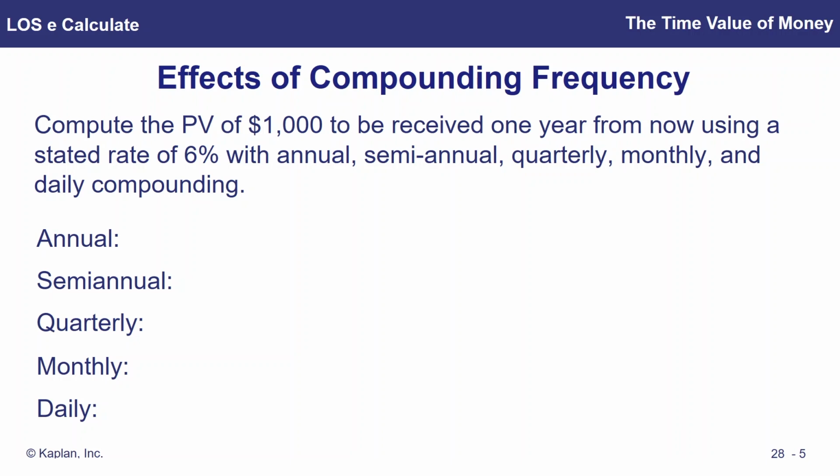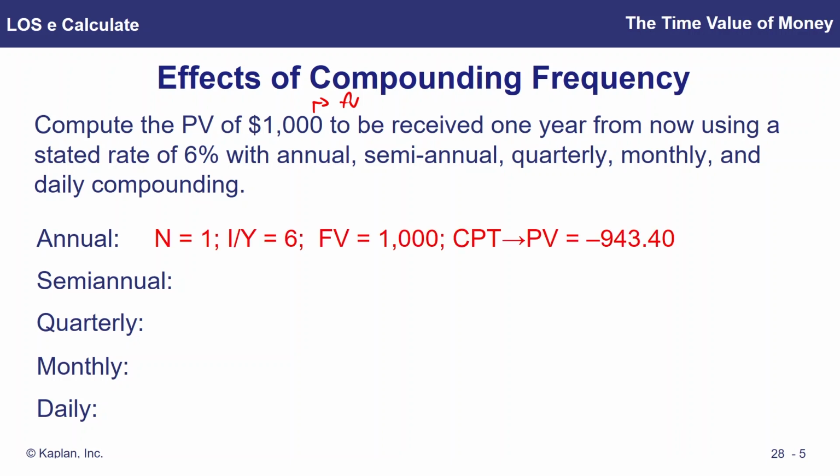So compute the present value of $1,000 received 1 year from now. So that is our future value. Using a stated rate of 6%. So it's simple interest. It has not got interest earned on interest within it. It's a specified rate or stated rate. And we're going to do it with annual, semi-annual, quarterly, monthly, and daily compounding again. Annual, n equals 1, IY equals 6. Future value 1,000, compute present value